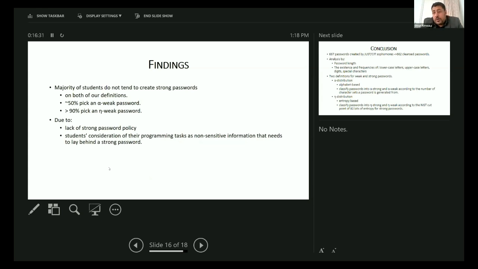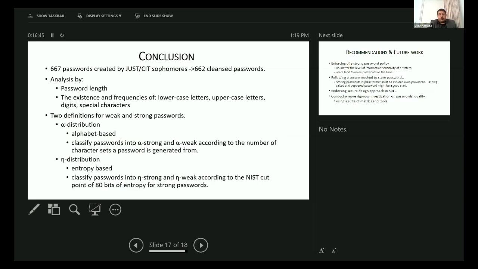And maybe our students were not considering this programming platform as seriously as they should have in picking the password. But anyway, in conclusion, we have this deficit of about 650 passwords. We assume that they were realistic, but maybe not that serious. The students didn't take that very seriously. That's why their passwords were not that strong.